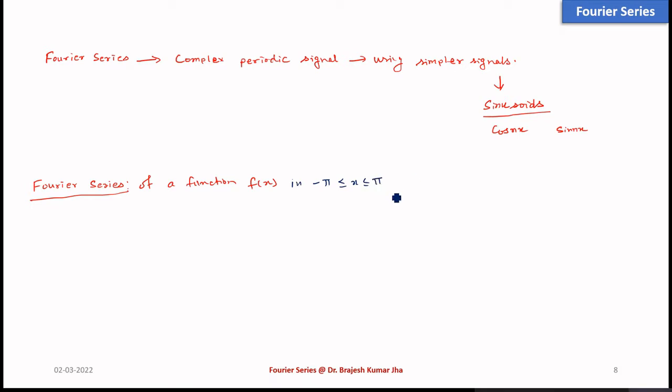As I mentioned earlier, the period is 2 pi under certain conditions. That is the trigonometric series. So that you know, the trigonometric series is